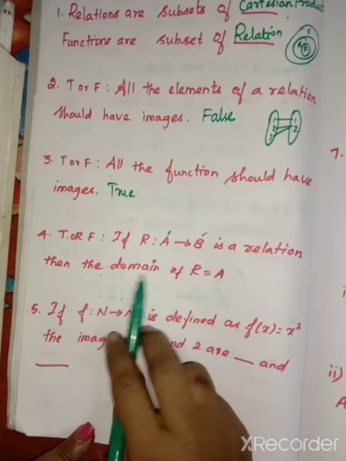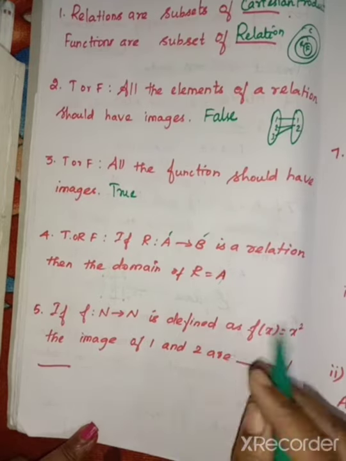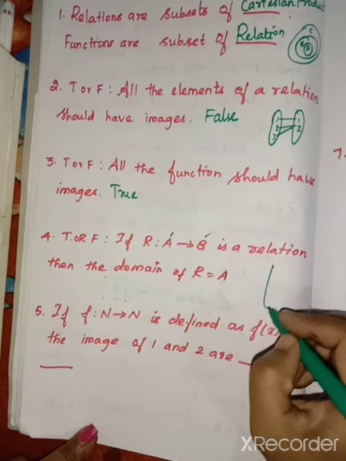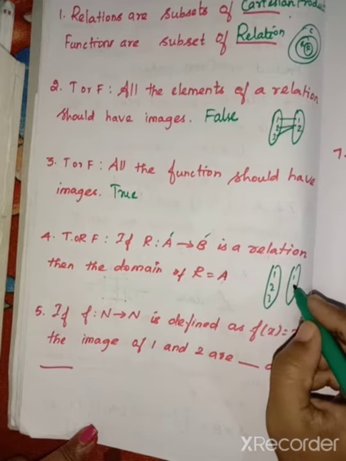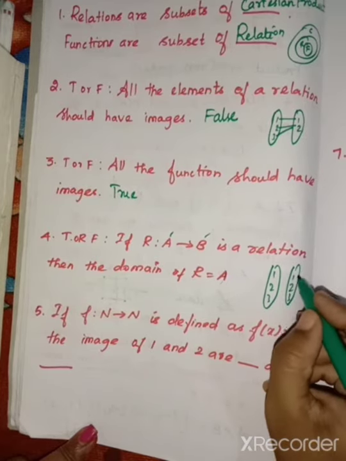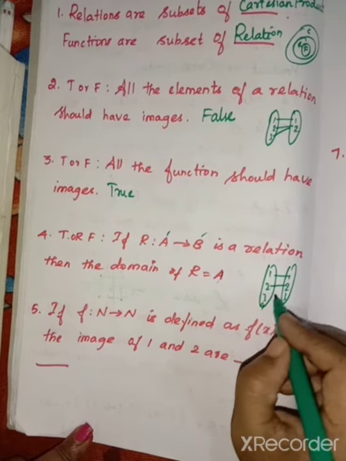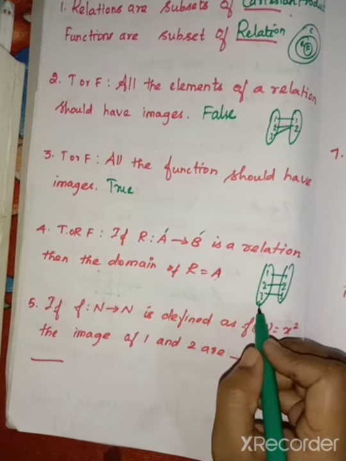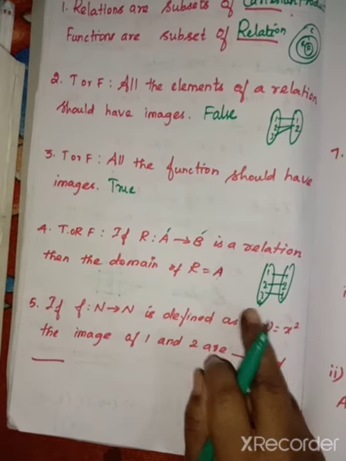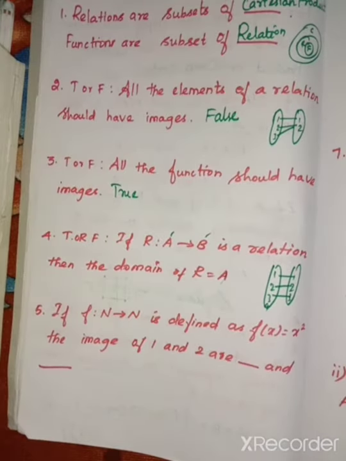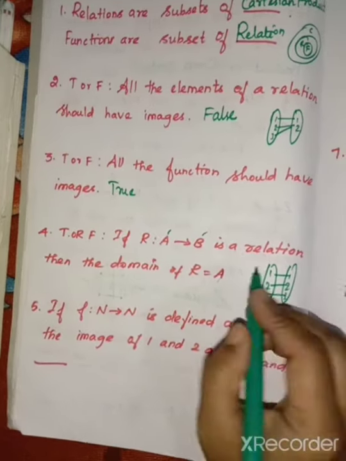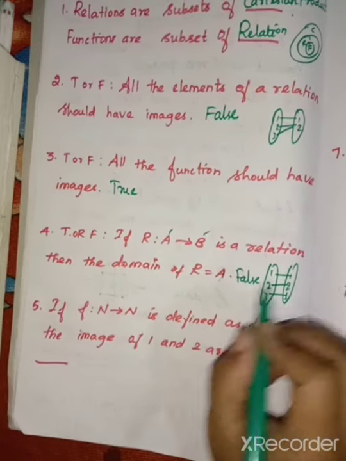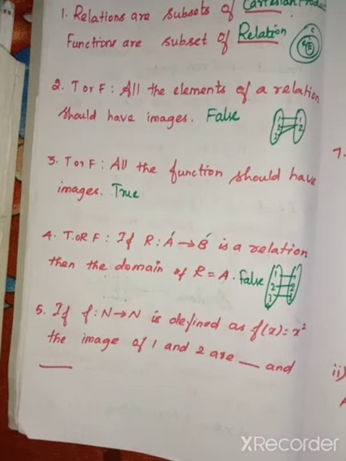So R equal to A means considered as domain. So it is a relation. Not like that, because some of the relations do not have 1, 2, 3. If you have 1, 2, 3, then 1, 2, 3. Here we have 4. Suppose if you draw, 4 does not have an image, but 4 is also in the domain. So if you say it is a relation or function, it is not considered false. So if you check with the sums alone, in some problems we have R equal to domain, and in some problems we do not have R equal to domain.